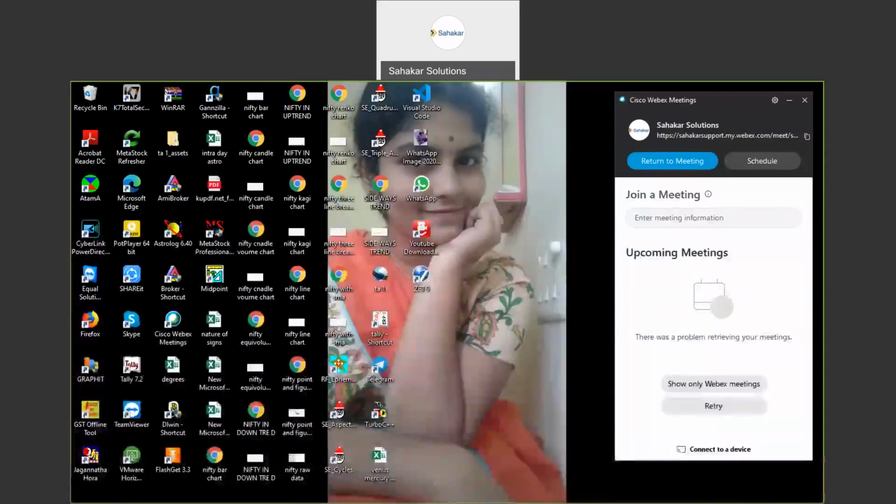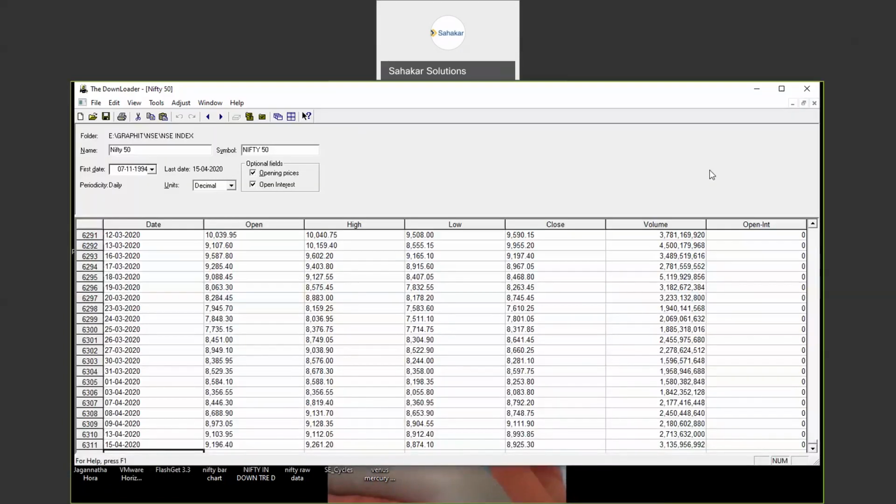Continuing my earlier discussion, in which I described converting raw data into pictorial form and various types of other charts, I would like to discuss the concepts I mentioned in the previous video to some further extent, so that a clear-cut understanding of them may be easily reached. Here on the screen, I am presenting data pertaining to Nifty from 12th of March 2020 to 15th of April 2020.